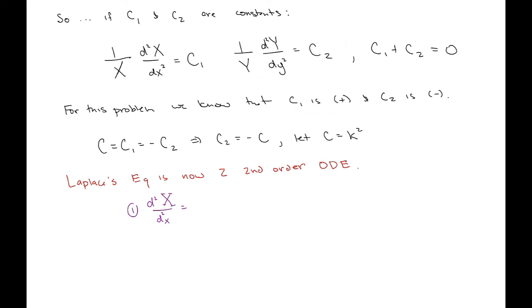If I simplify that, it's going to look like k squared times the big X. And our second one is big Y, little y, and that's going to be equal to negative k squared times big Y. Now again, I'm going to use what I already know about differential equations, and I know the first one has the solution